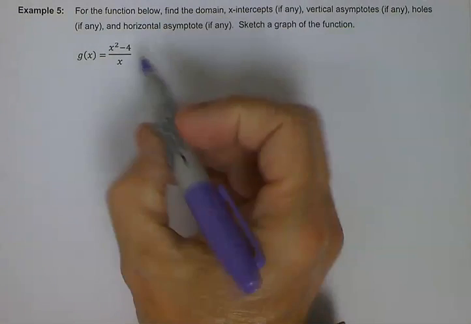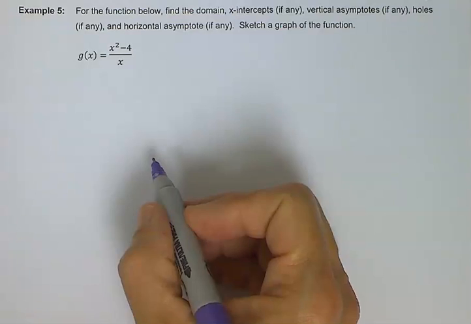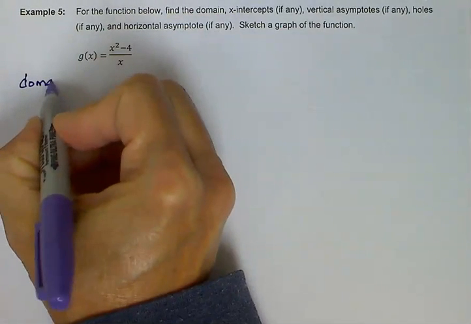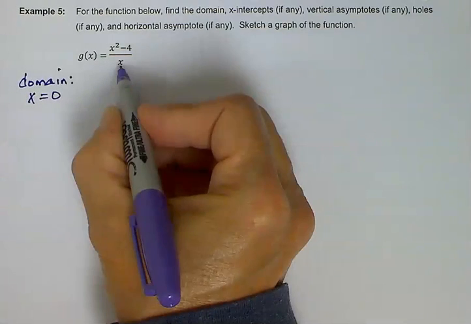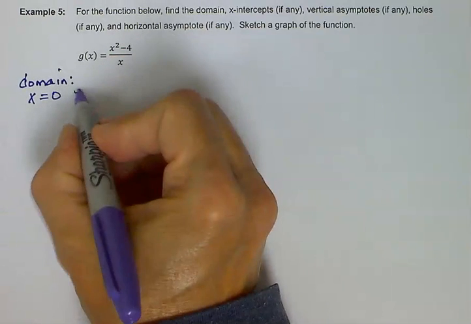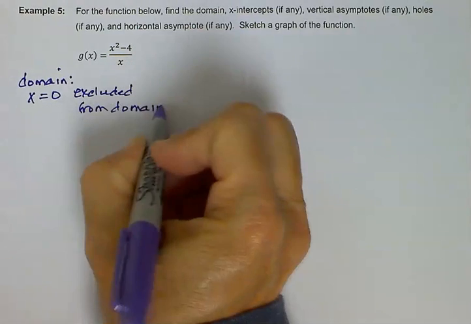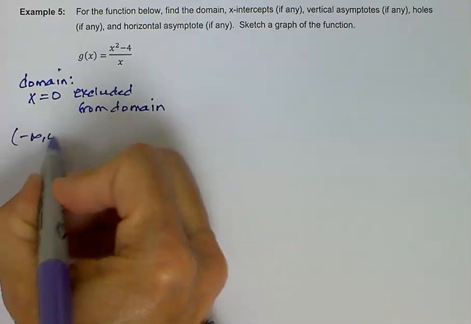Let's go through the whole process with this function. We're going to start by finding the domain. That's taking the denominator and setting it equal to 0. Since our denominator is just x, we already have an answer for the number that has to be excluded from the domain, and that is 0. If we want to write our domain in interval notation, it would be -∞ to 0